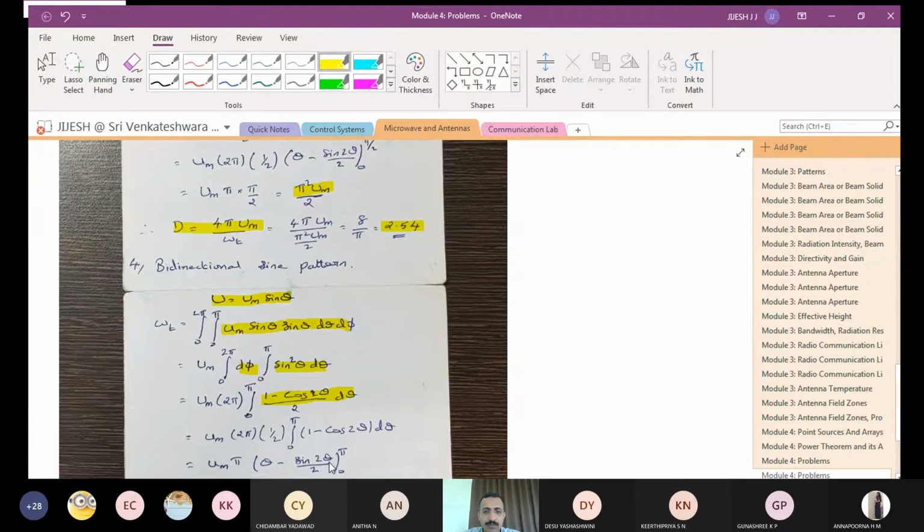So what is the answer for this one? You complete it. You can see that you have to do the integrations properly. We have done some 4 to 5 problems already. So make sure that you get the right answer for the integration. You need to find out the trigonometric relationship, like sine square theta has to be written as (1 minus cos 2 theta) divided by 2, and you need to do the integration for that. So integral of 0 to pi you have to do for 1 minus cos 2 theta. It's quite a simple integration. So what is the answer for this one?